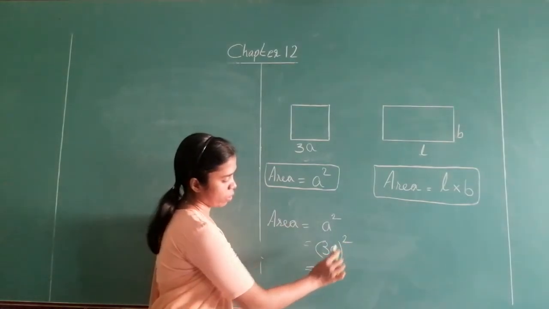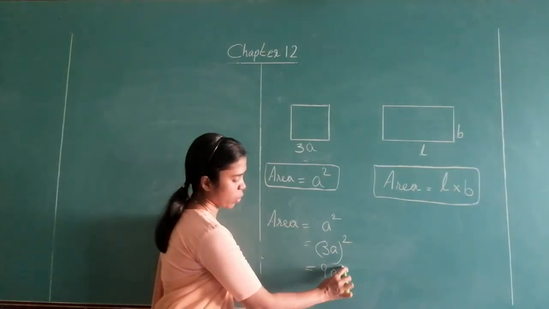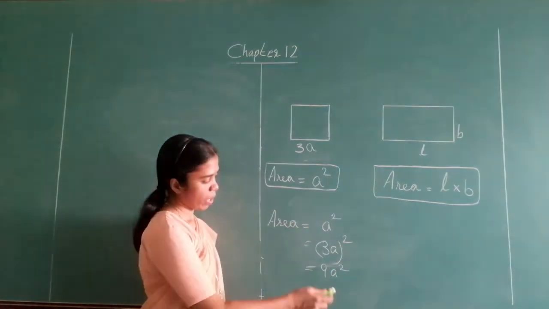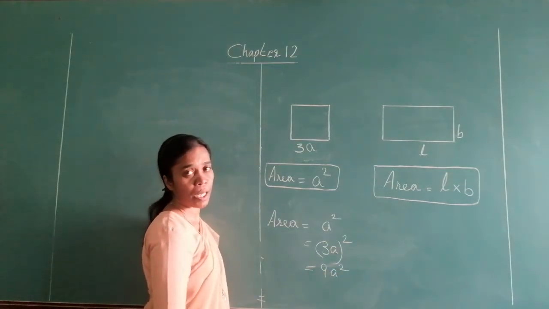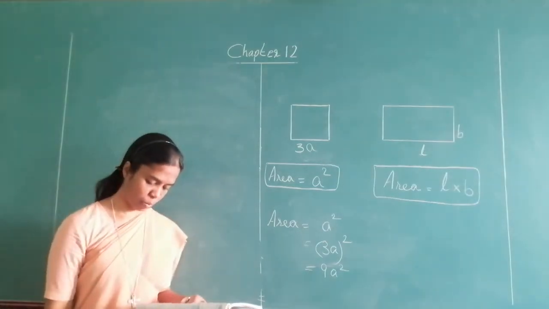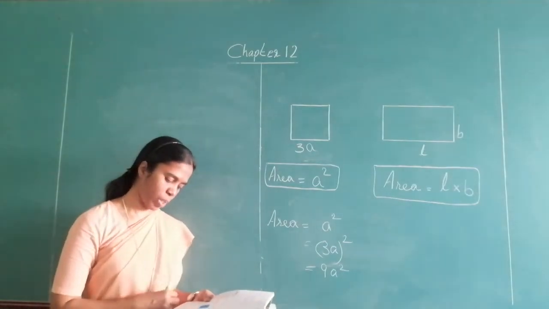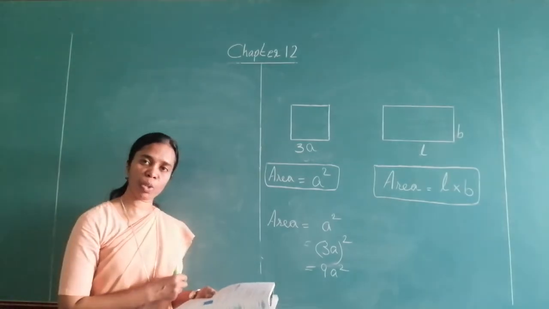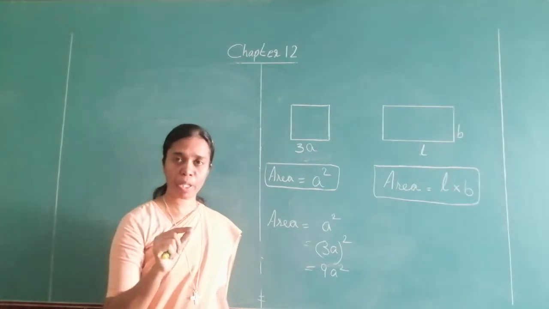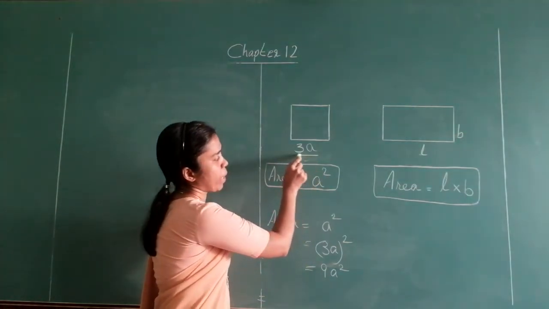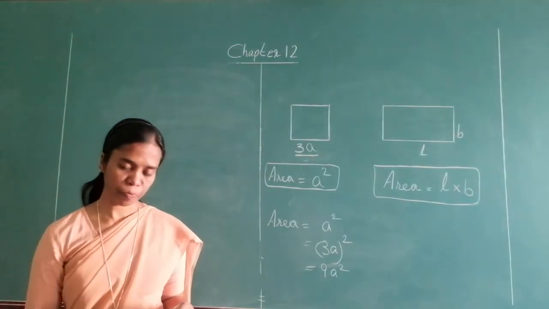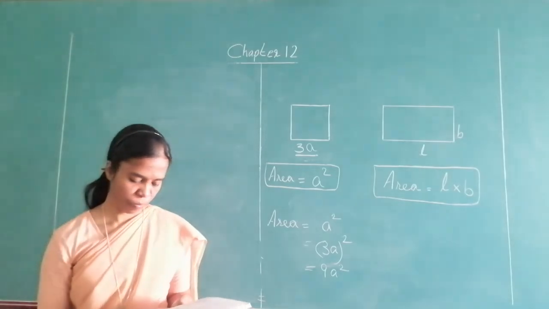Okay. That is 3 square is 9A square. First the area was A square. Now the area has become 9A square. So how many times has it increased? 9 times. Okay. That is what I asked you. How many times it has increased than the original one. Only you have to take care whenever you are tripling or doubling, that has to be replaced in the length. Okay. So you please write the steps for it.